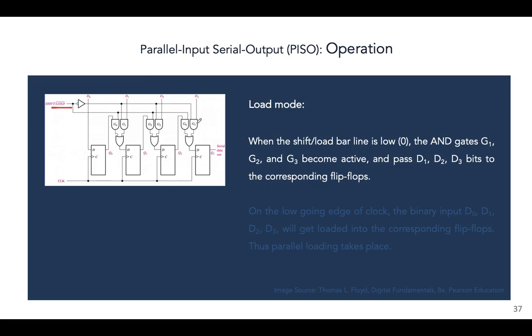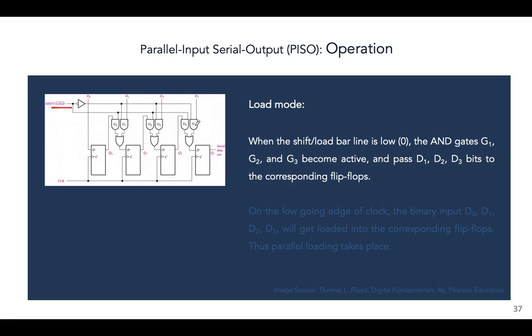So we're not going to be repeating that right now. You have to understand how a NOT gate works, how an AND gate works, how OR gates work. So you can just pause it for a minute and go back and refresh the concepts and then come back. So what happens is when this line is low, when this is 0, G1, G2 and G3 become